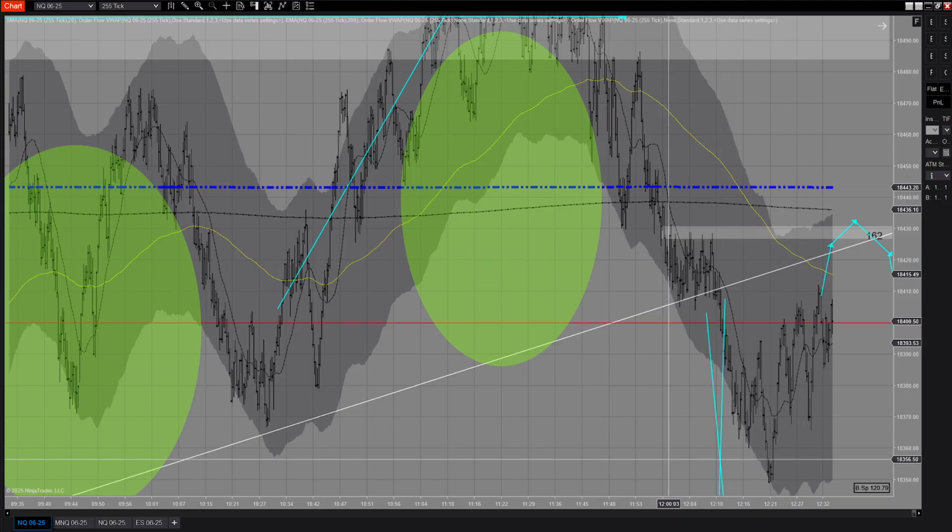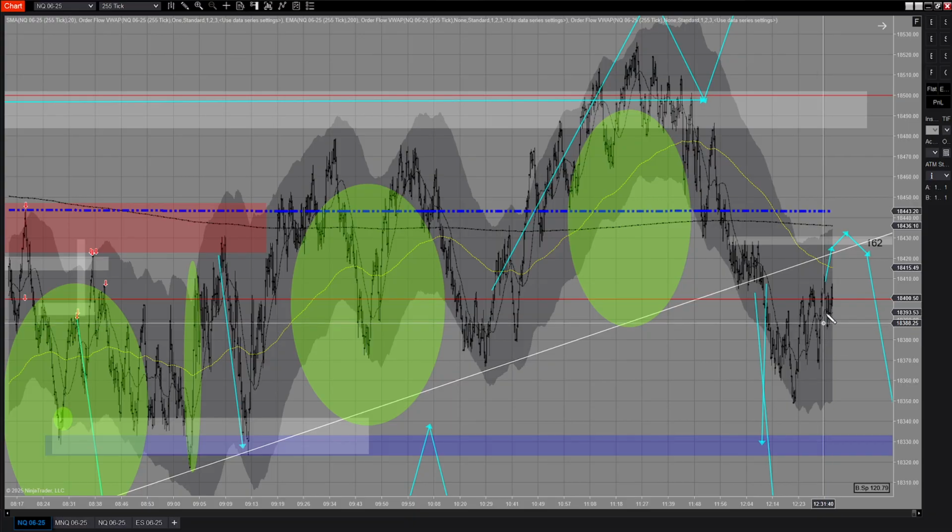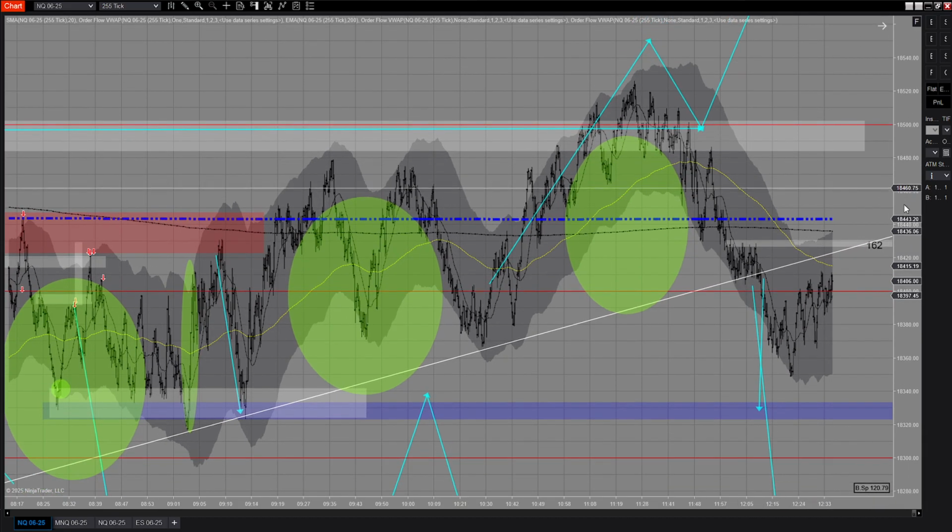And I was looking to catch this short, but wasn't able to. But what I was thinking was going to come tap this solid wall here and reject and come back down lower. That was what I was thinking at this time and moment of what I was looking at. And I was actually trying to catch a short up here,